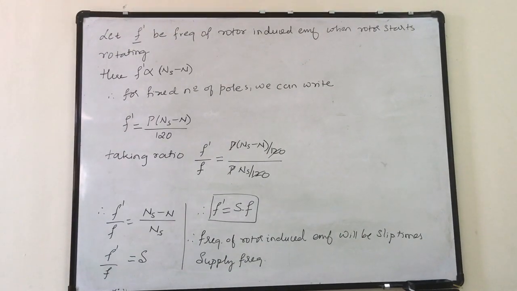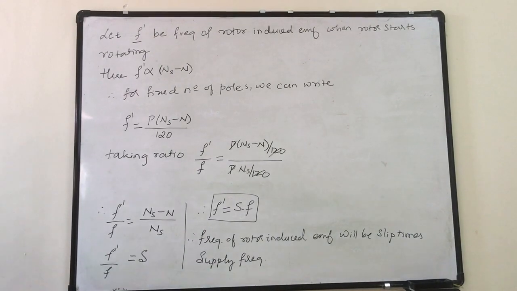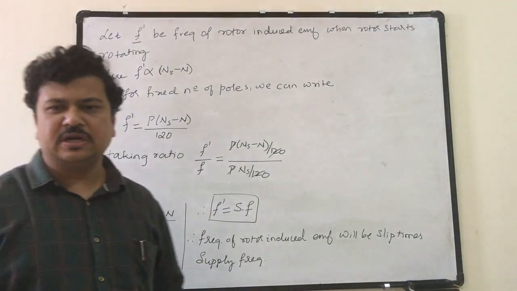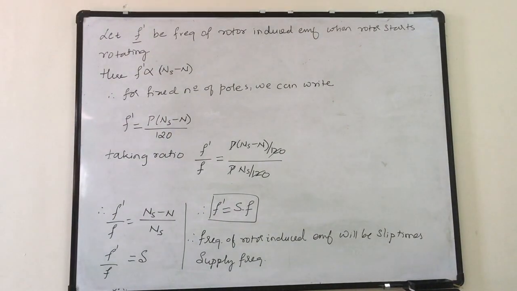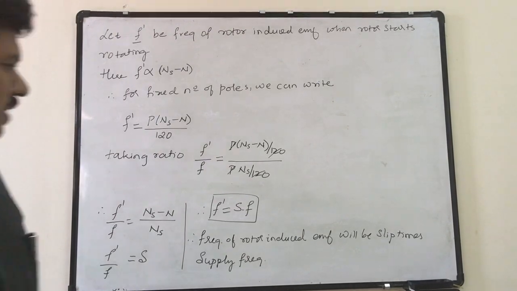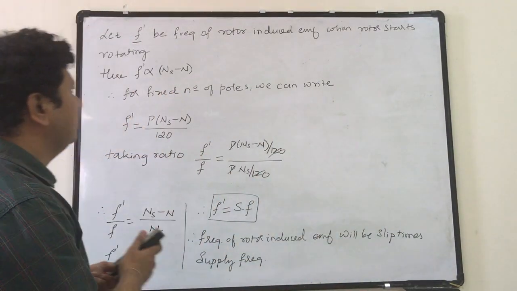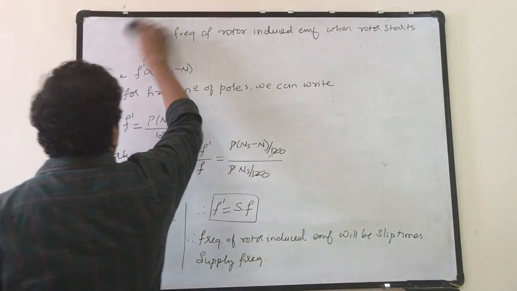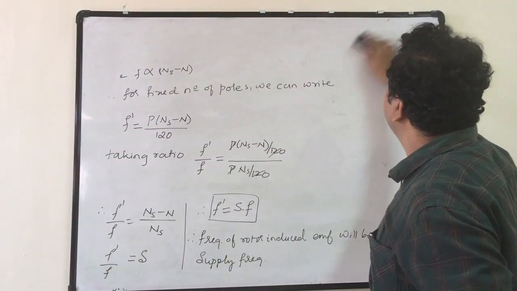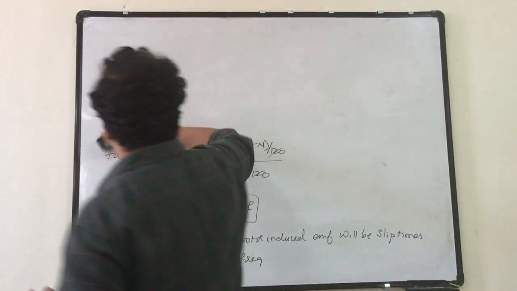Now we will move to a few numericals. We will solve a few examples on the induction motor, then we will move to starting of the induction motor later. Now take down the example. So I will read out this statement and then we will write the given things and then we will move ahead with the solution. The examples are very simple.